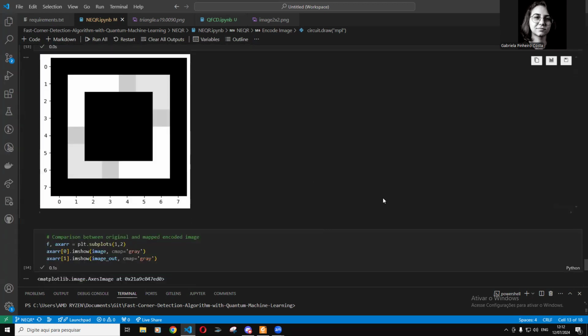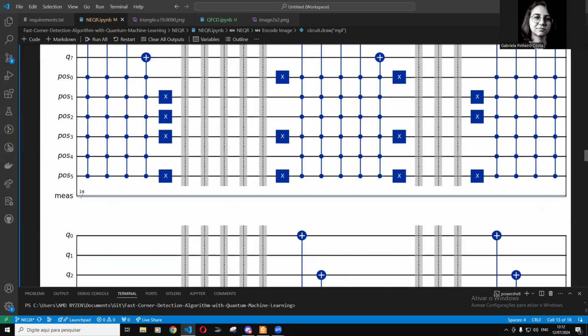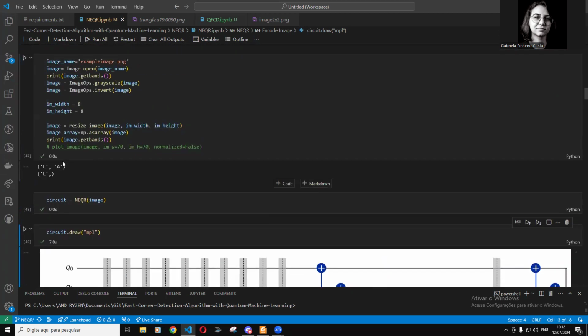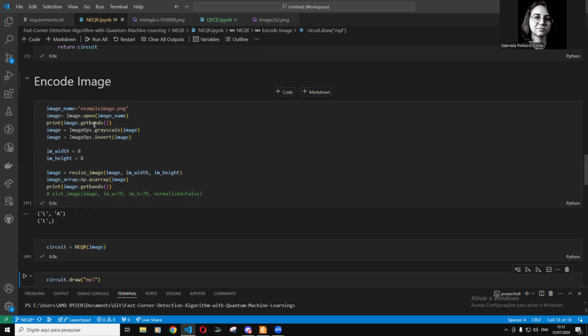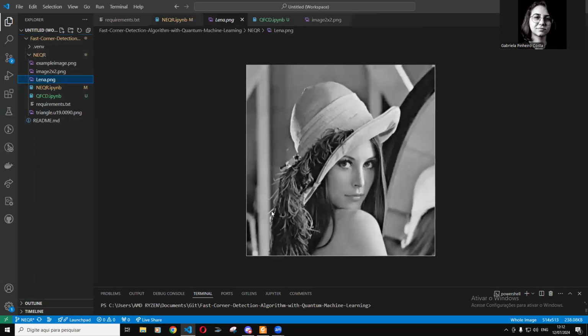And that is basically where we are about NRQR. We managed to fully implement it and automatically. So now everyone can, if you wanted to test on your computer, just change the image path and change the size you wanted. And I also have some example images there, like the Lena image as well,